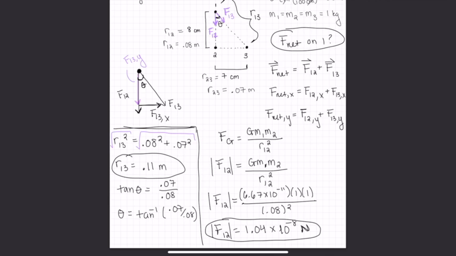Let me make sure my calculator, oh, it is in radians, weird. Make sure my calculator's in degrees, and then I'll do tan inverse of 0.07 over 0.08, and I get 41 degrees. Okay, so we'll keep those 2 things, and then on the next page,